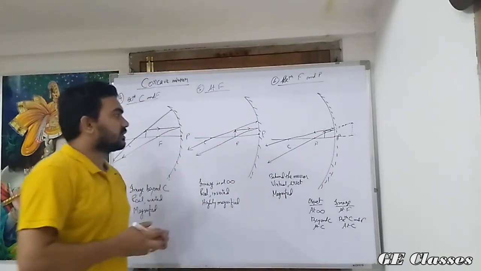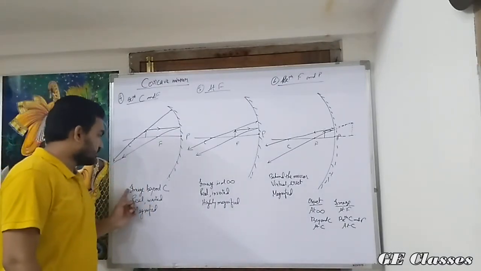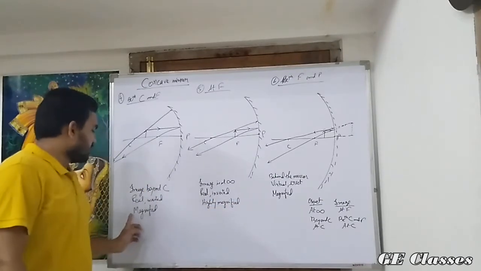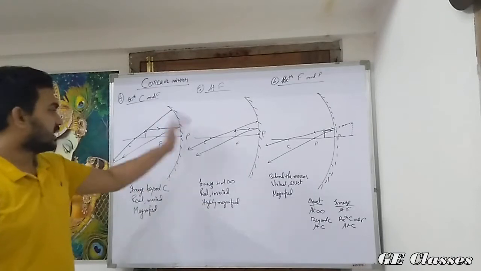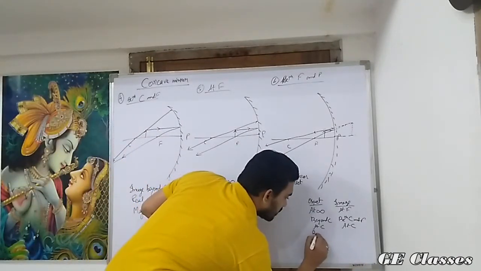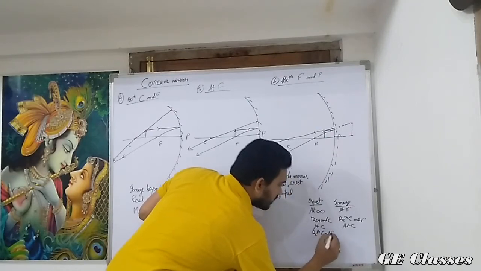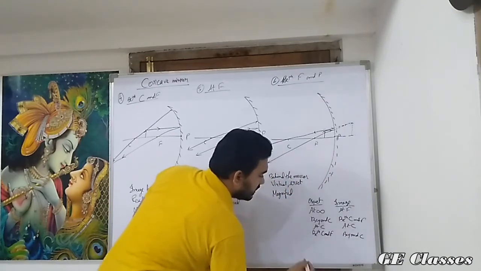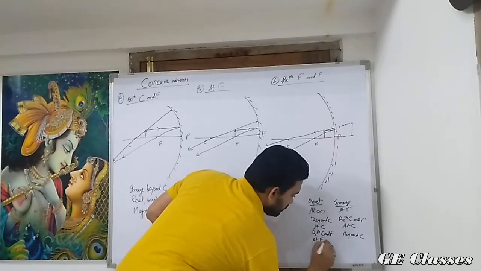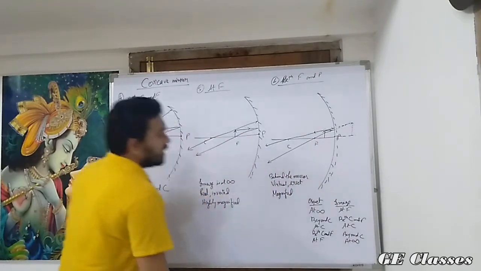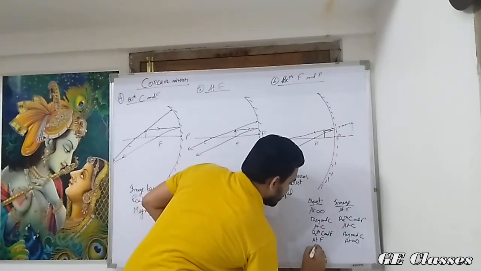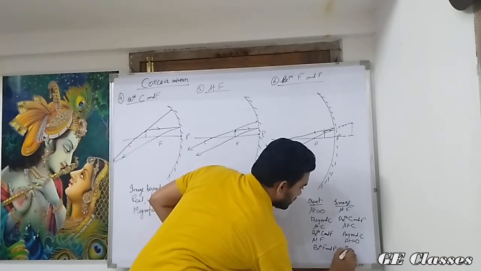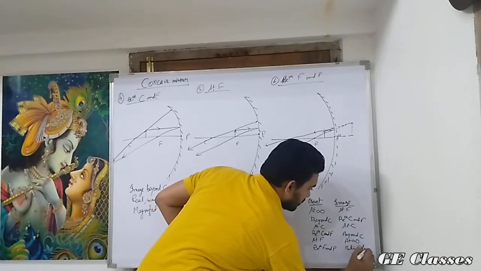So what are the things that we conclude? First we conclude the position of the image, then the nature of the image, and then the magnification or size of the image. Let us add them to the conclusion. So between C and F, the image was formed beyond C, and if the object was at F, the image was formed at infinity. And the odd one out, between F and P, the image was behind the mirror.